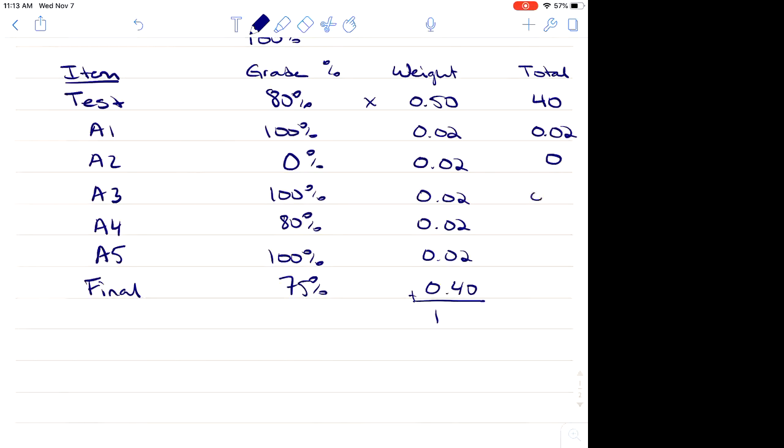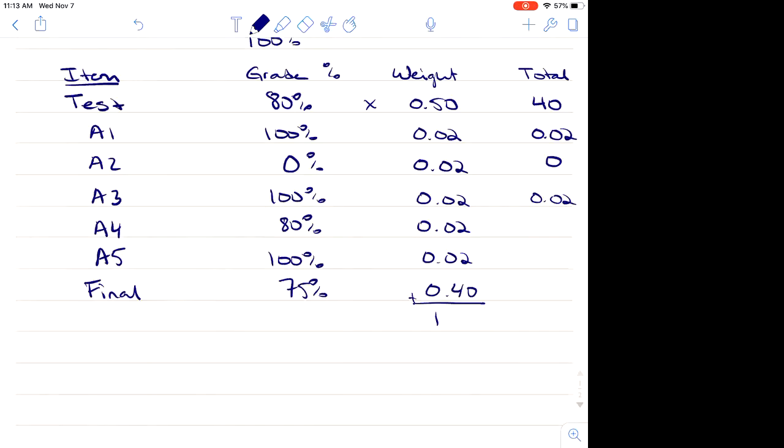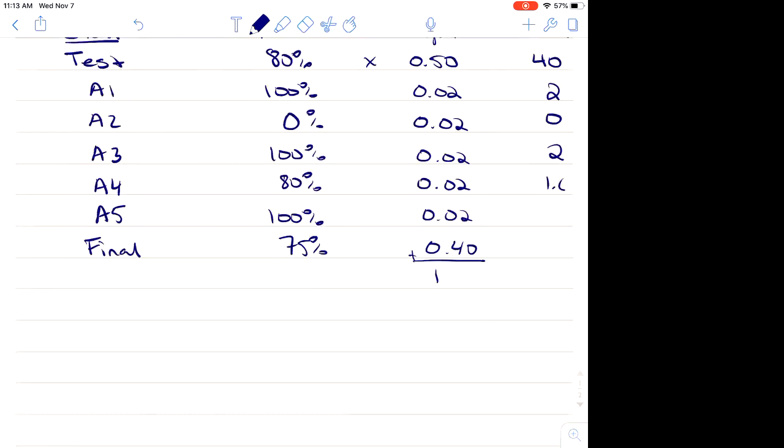And then 0.02 and 80 times 0.02. Oh, that's not gonna work. It's 100 times 0.02, so 2%. Sorry, guys. Like I said, forgive me. 1.6, right? 80 times 0.02. And then another 2%, right? And then 75 times 0.4,